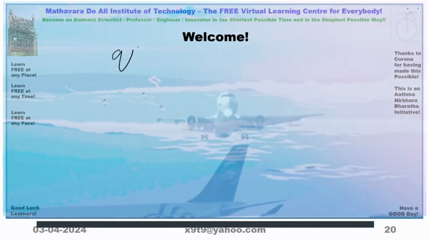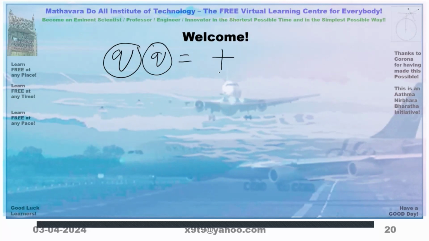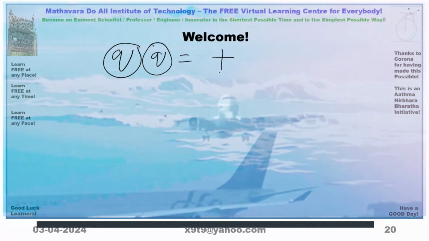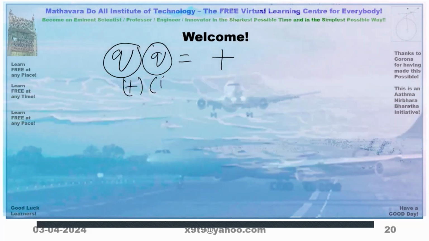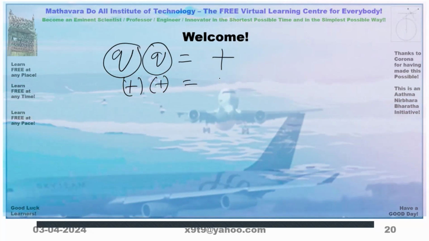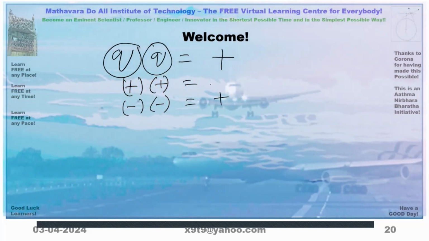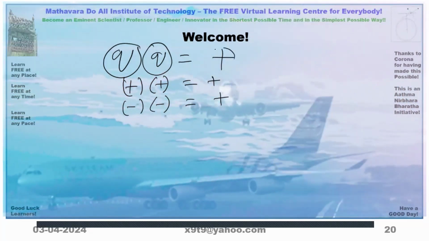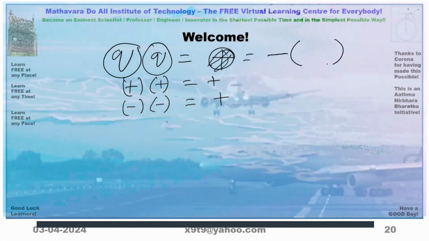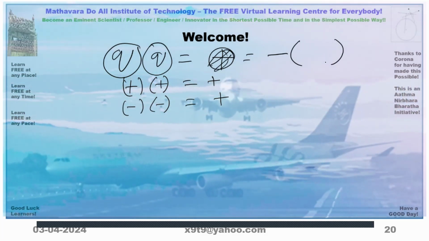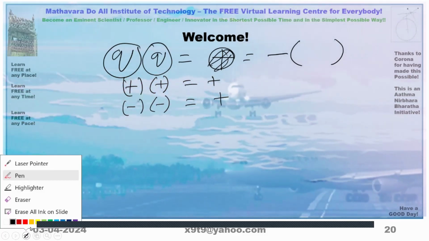See, there is some number q. Multiply it by the same number. We should only get a positive answer, is it not? Because if q is positive, plus multiplied by plus will give positive. Suppose q was negative, minus multiplied by minus, we should get positive. But can you get q into q is equal to a negative number? We cannot imagine, is it not? One of them has to be negative, but that cannot happen. That is why